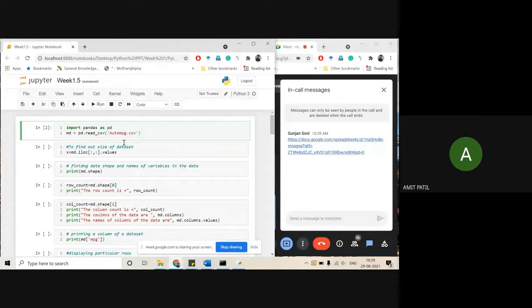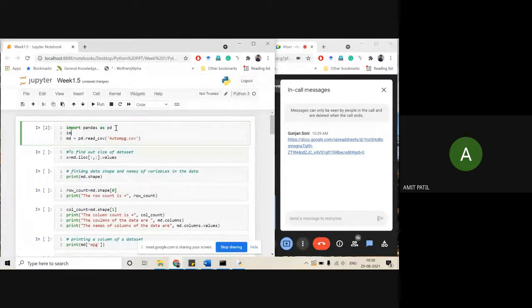Okay. So we'll start with the data exploration code that has been explained to you in the previous lecture. Right. So we'll work on it. So as we discussed in the last class, we need to import these pandas and numpy libraries. So better be on the safe side, and we can just import both pandas and numpy. Pandas will be useful whenever you are reading the data from the CSV file or Excel file, right?